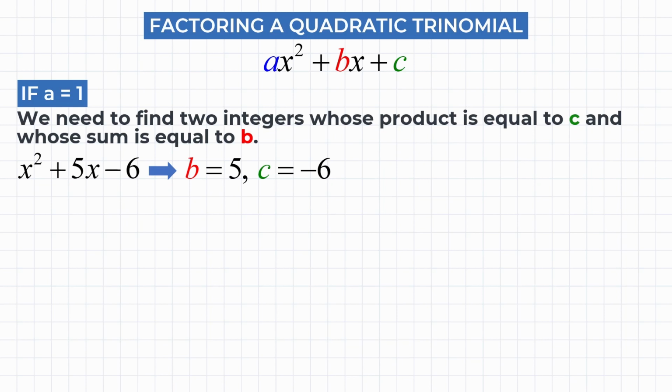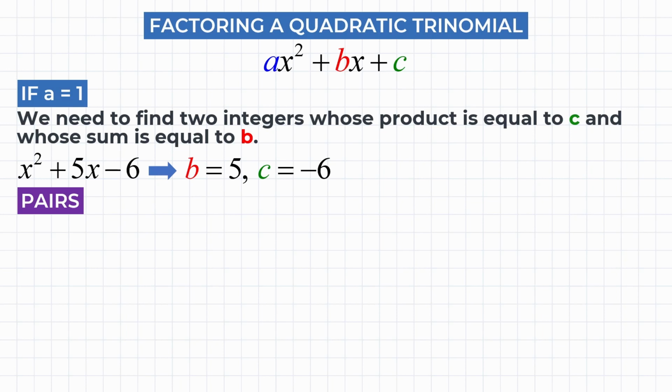Let's think about the signs of the two numbers we're searching for. The product is negative, therefore the two numbers have opposite signs. One is positive and the other one is negative. Since their sum is positive, the greatest number is positive. We can now list the pairs of integers whose product is -6, taking into consideration that the greatest one must